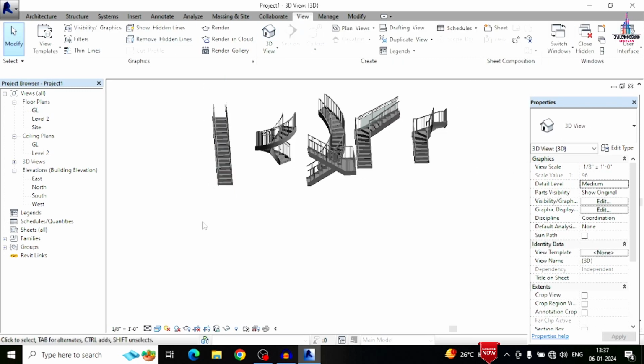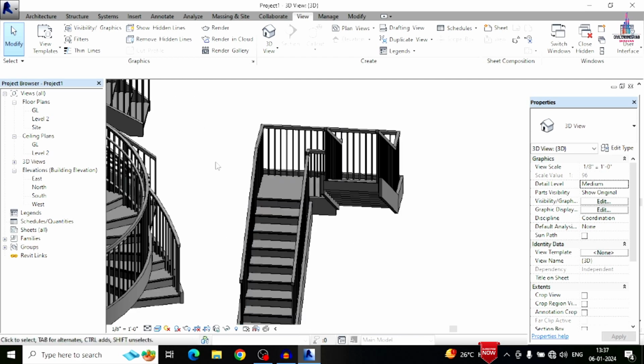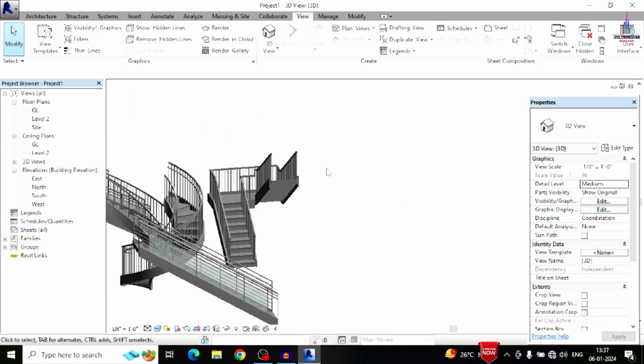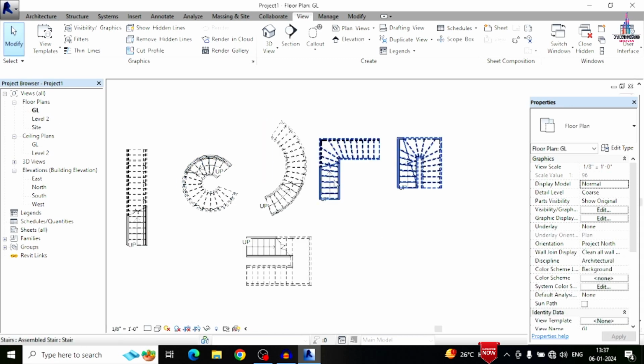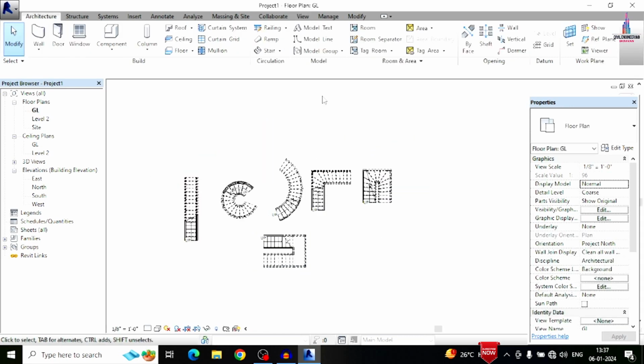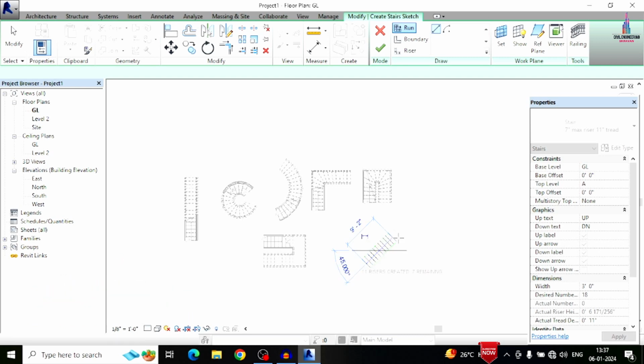So now I will show you that. This is the U type of the staircase which is related to staircase here like this. Okay, most of the people's buildings will be consisting of the staircase here like this. So in the similar process you can draw n number of staircases by using this sketch path method also. So here I am selecting this, which is approximately, just I am taking 9 feet.